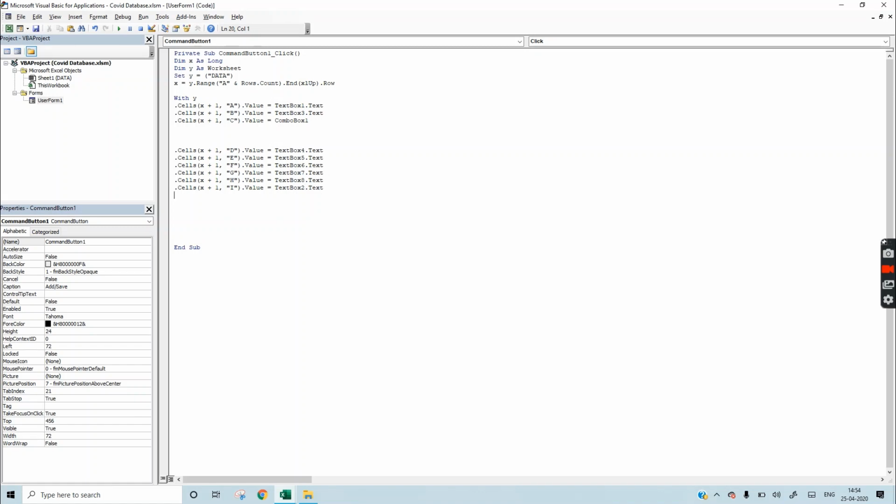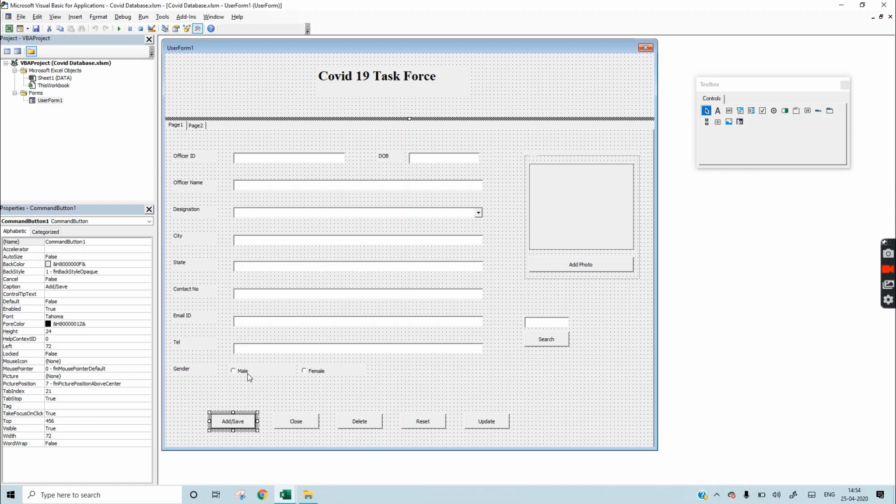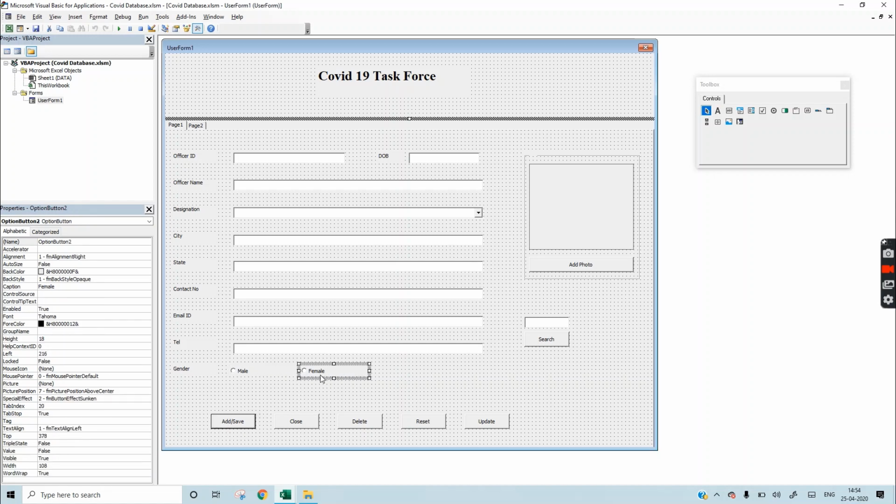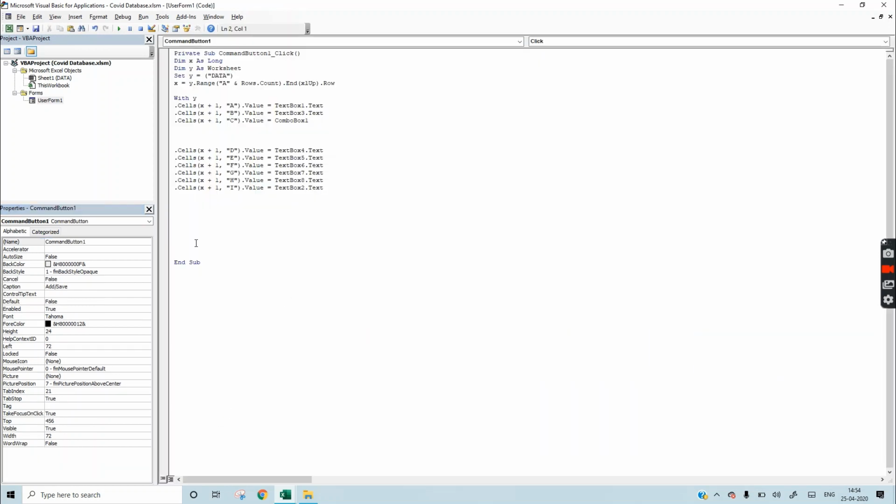Now for option button, we have two options: OptionButton1 and OptionButton2. There will be different code for this.